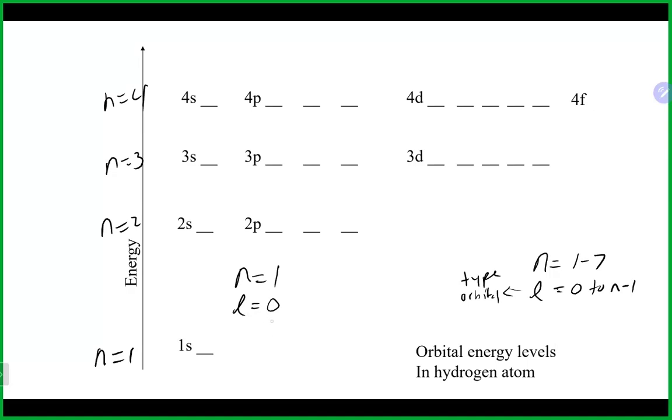And when you have an L value of 0, what that really represents is an s orbital. That pretty much tells us that on the first energy level, based on quantum numbers, the only orbital possible is the s orbital. So that's why there's just one type of orbital there. And how many orbitals are there? That's the third quantum number. It could be minus L to 0 to positive L. So for example, minus L in this case is 0, plus L is 0. So the only thing it could be is 0,